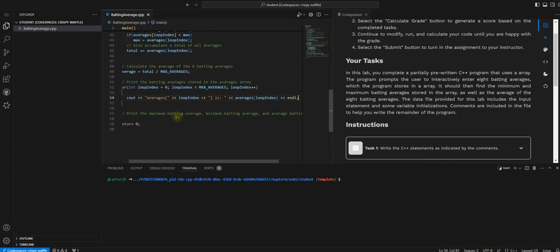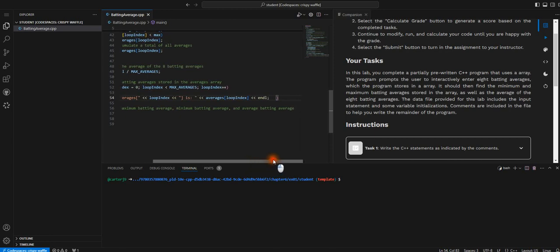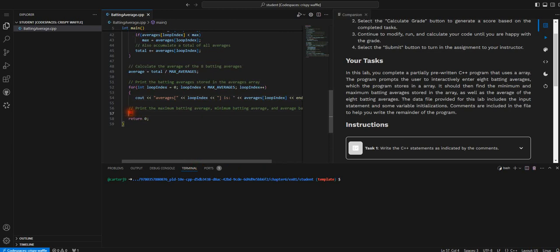So hopefully that's what we need. Let's get this up a little more. Let's write batting average, minimum batting average, and average batting average. So let's print this out. We have a few count slots to do. Let's get to it. Minimum batting average is